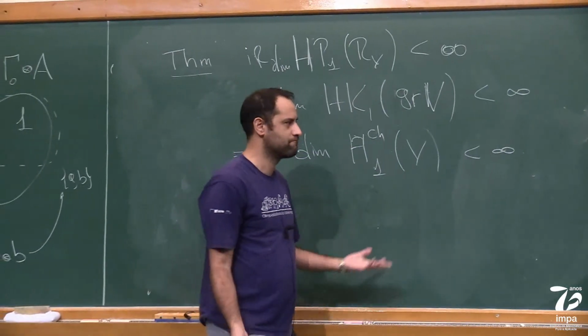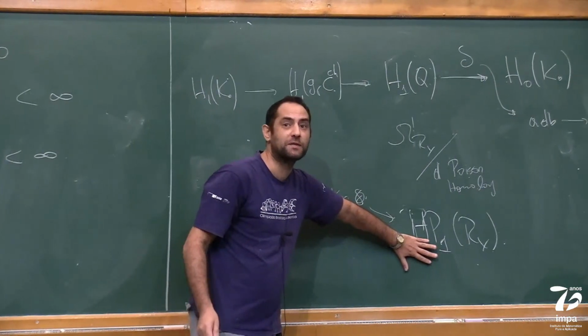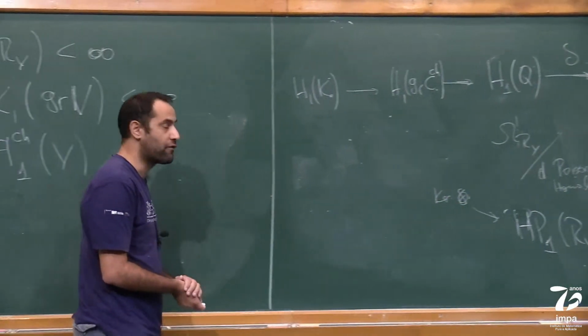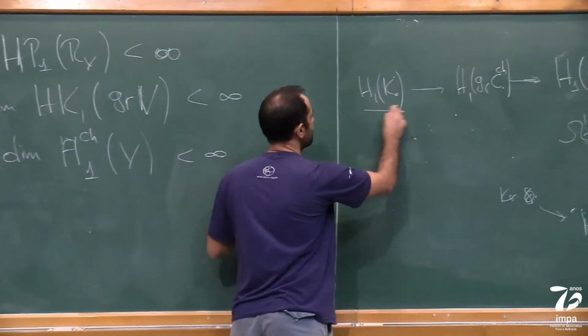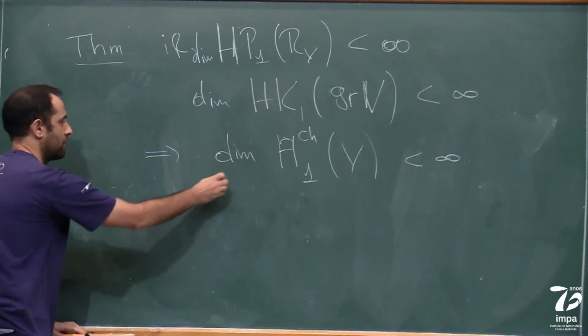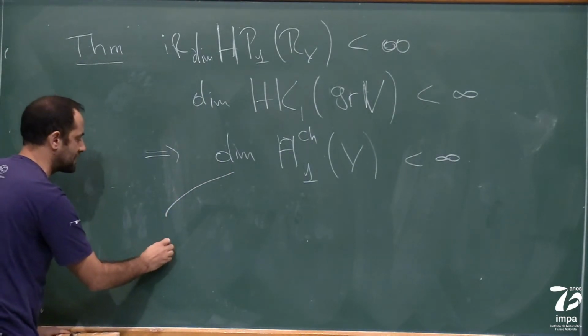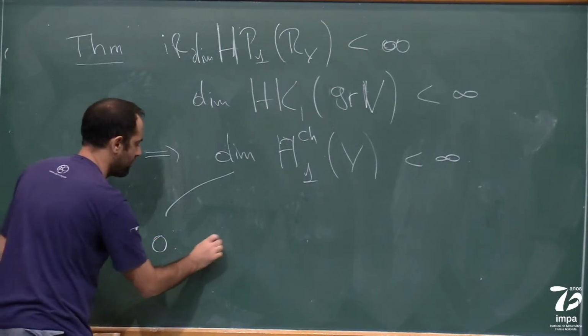I don't have many examples of computed first Poisson homology of associated schemes of vertex algebras. But this one is an interesting beast because we know that this is 0, for example, for classically free vertex algebras. So this is 0 if and only if